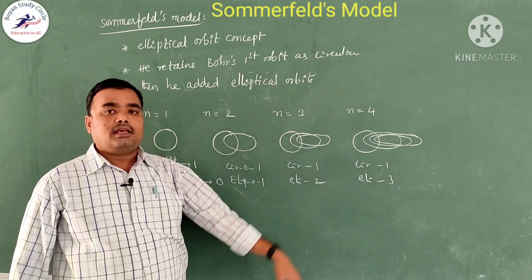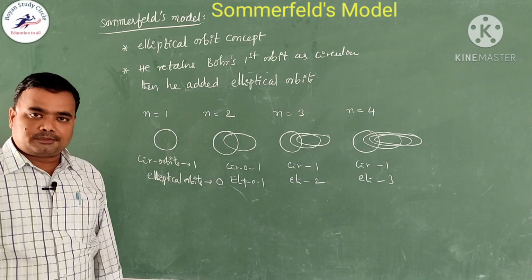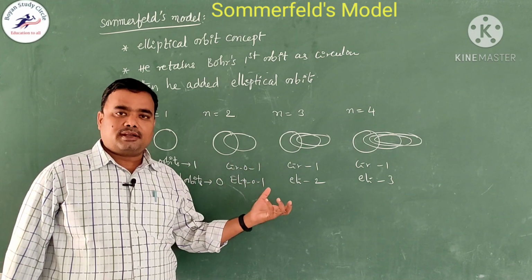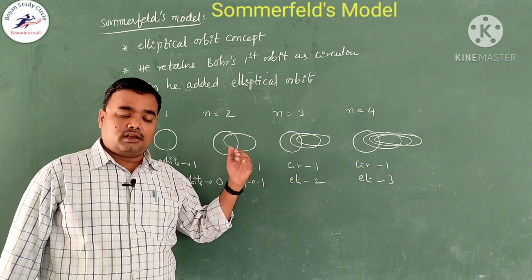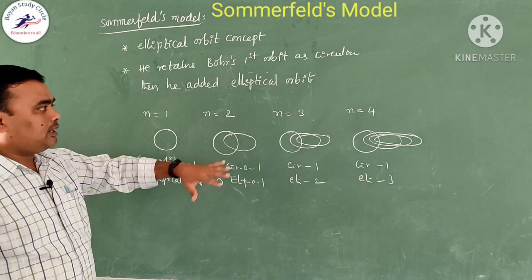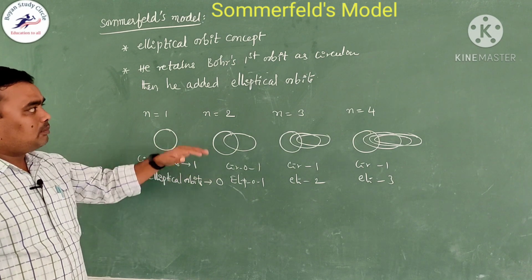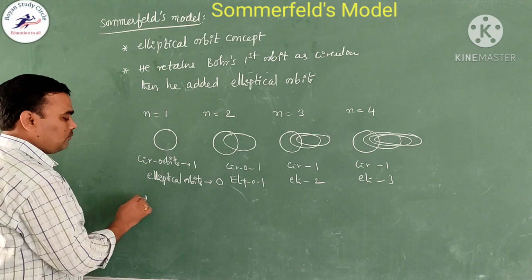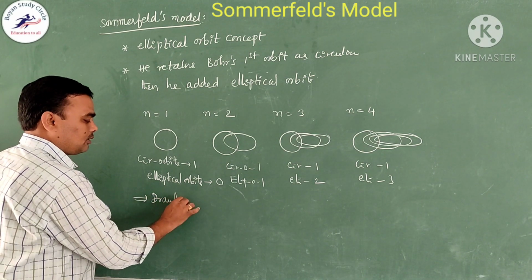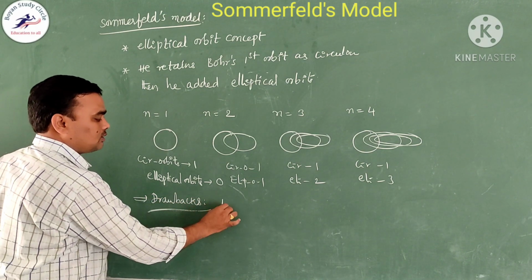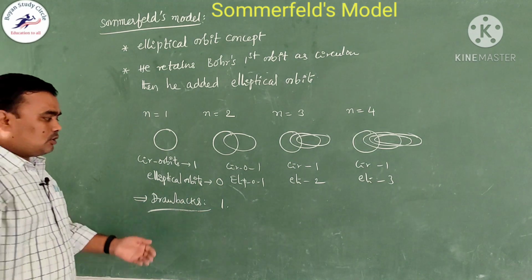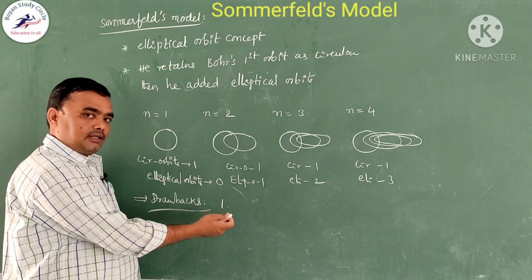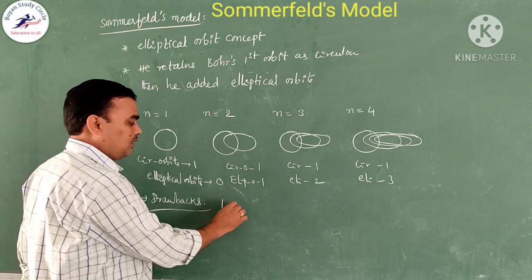In that way he proposed the elliptical orbit concept, and using this he could explain the splitting of spectral lines. So, the splitting of spectral lines can be successfully explained by Sommerfeld's model of atom by introducing the elliptical orbit concept. But here also there are some drawbacks. Even though it explains the splitting of spectral lines in the presence of electric and magnetic field, it could not give